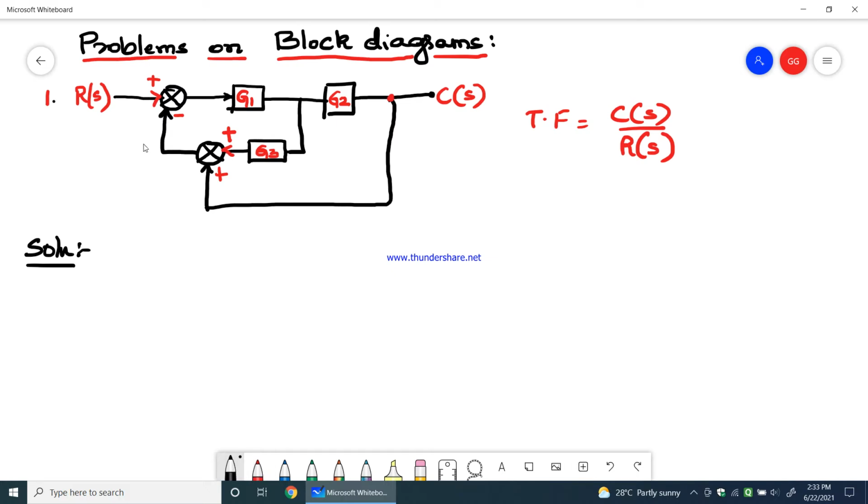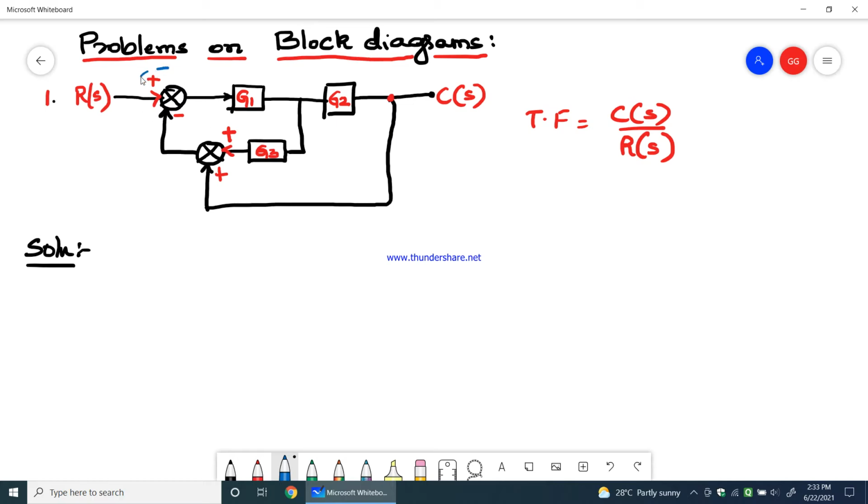Now if you carefully see the diagram, understanding the block diagram is very important. We need to check how the block diagrams are connected, and we need to verify which technique out of the 9 techniques that we have can be applied so that the block diagram will be reduced in the easiest manner. You need to know which technique should be applied. Now in this block diagram, the first thing you should see is which technique should be applied.